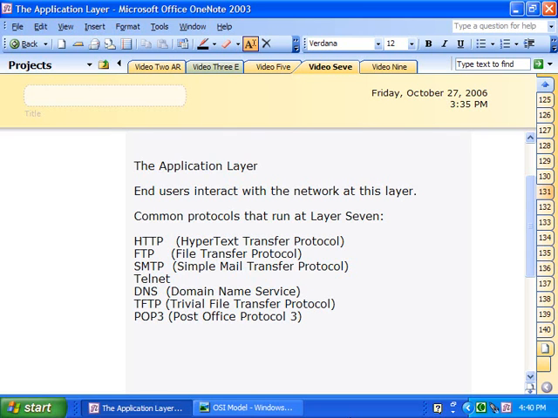But the common protocols that run at layer 7 that I would be aware of are HTTP, the Hypertext Transfer Protocol. That's our web protocol. FTP and TFTP, the File Transfer Protocol and Trivial File Transfer Protocol, both run at layer 7. Our email protocols run here, POP3, Post Office Protocol 3, and SMTP, Simple Mail Transfer Protocol, are both application layer